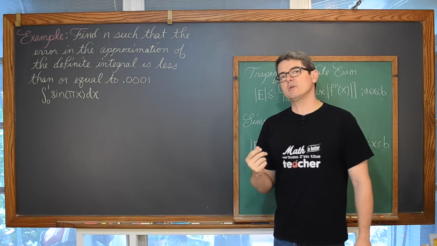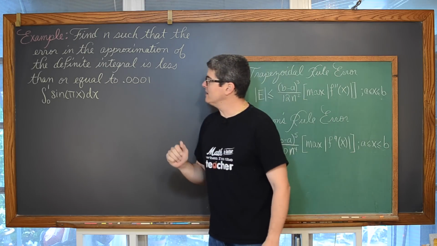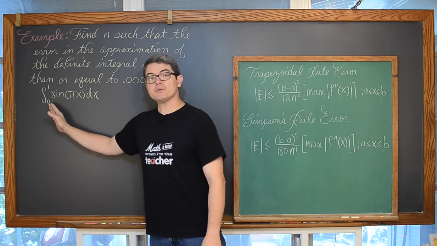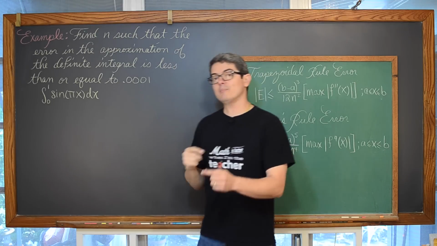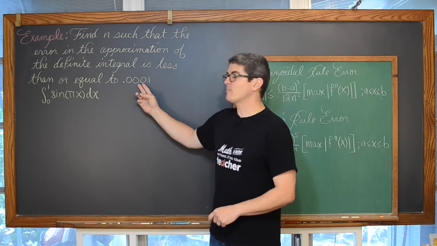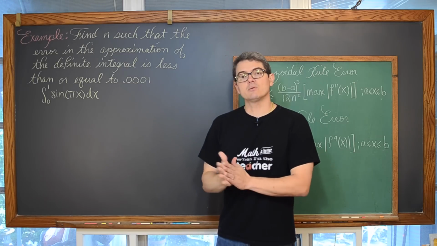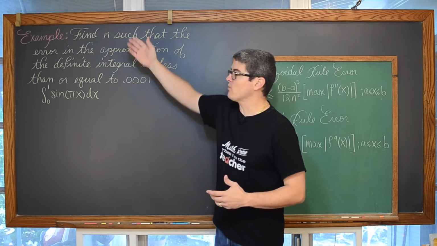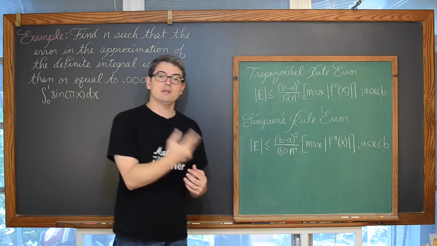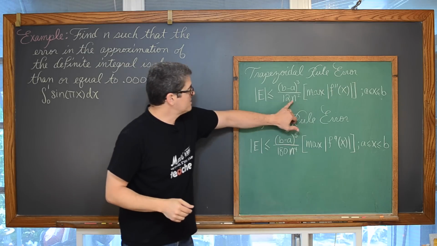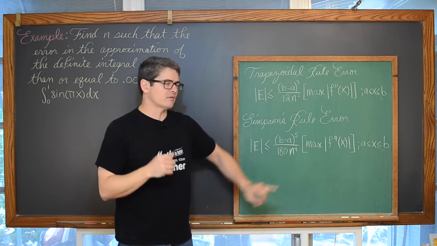So how many subintervals, again, would I need on this closed interval from 0 to 1 so that the maximum possible error from that approximation is not going to exceed that condition of 0.0001? We're working the problem sort of backwards, finding n as opposed to being given a fixed n. And there is our n in our formulas right there in the denominator.